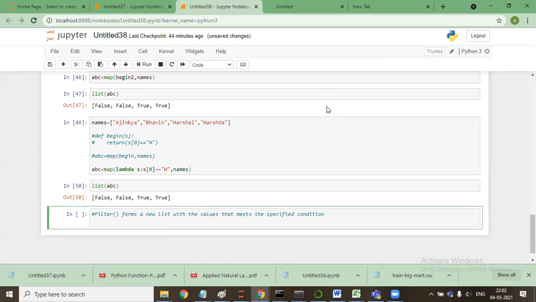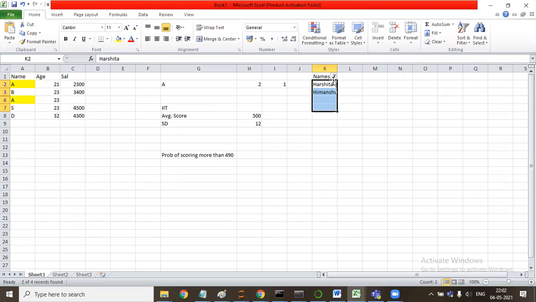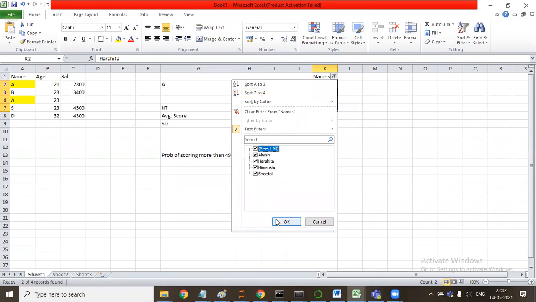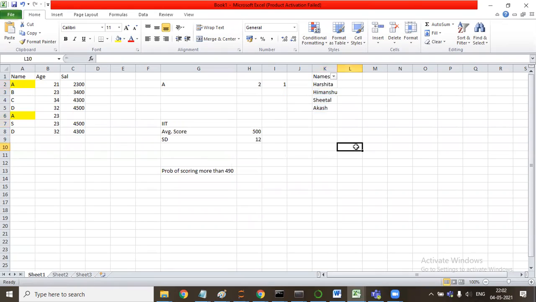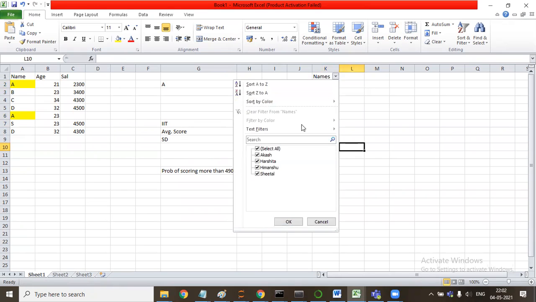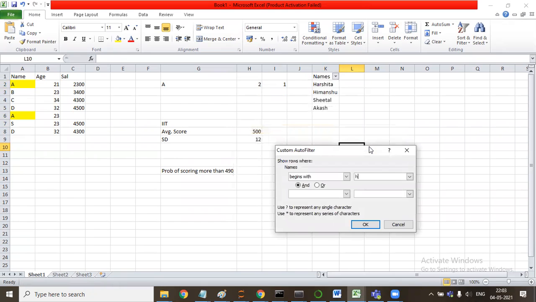Can you show it again in Excel, please? Yeah. There are 4 values. I want the values which start with H. So I'll say begins with, and I'll say H here, and I'll say okay.